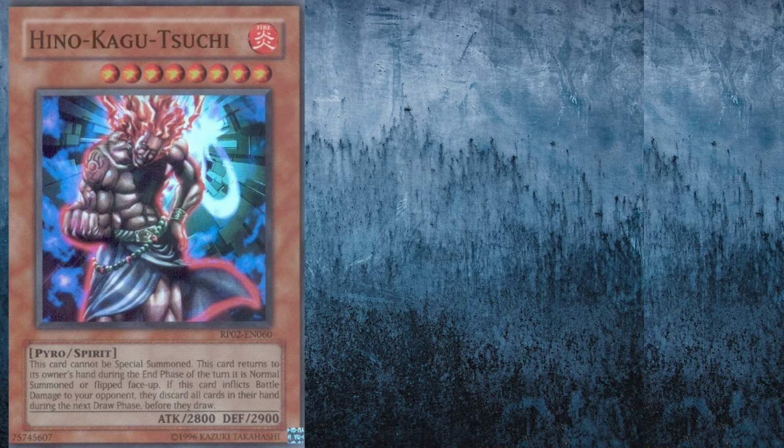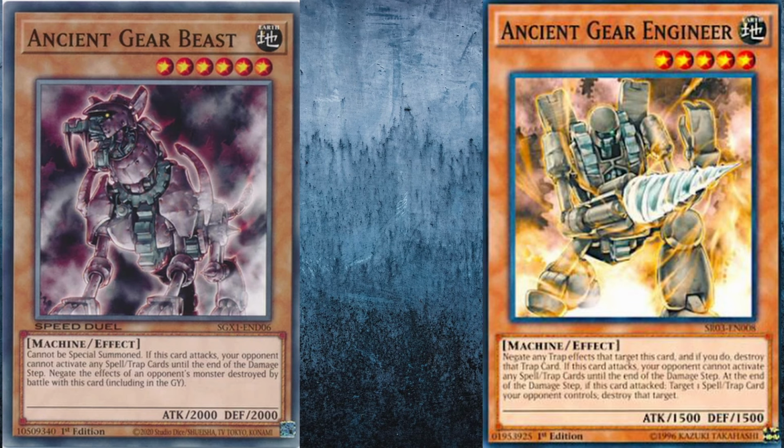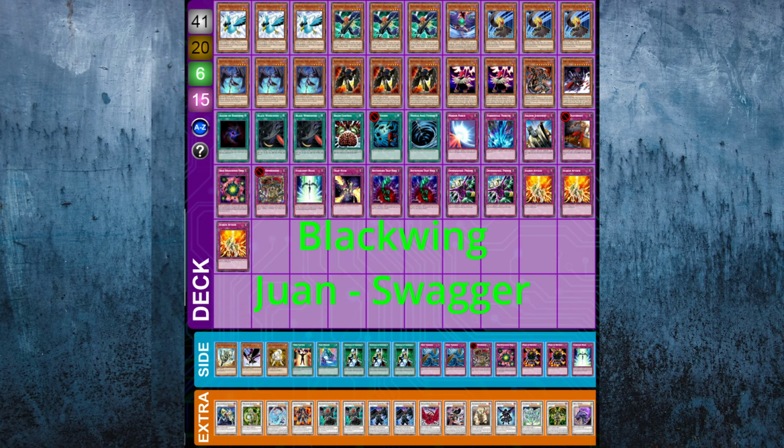His sideboard is also very interesting. He's got the discard Spirit Guy, Hino Kanasuchi. He's got a Bestiari mixed with a Guy Zaris in his extra deck. And then he's on 1 of the Engineer and 1 on the Beast for the Ancient Gear monsters. Roghnach is just a mad scientist, man. This deck is crazy. Obviously, it worked out for him, making top 8. But this is anything but standard. This is a crazy deck, Roghnach. Way to go, sir. And then finally, the last of the top 8, we have the only Blackwing deck in